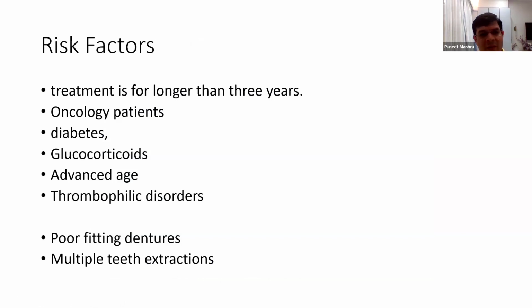Now, who are the typical patients who are at risk of getting this osteonecrosis of the jaw? It includes patients who are on treatment for longer than 3 years, oncological patients, diabetic patients, patients on steroids, and patients who have multiple poor-fitting dentures, and if they're going to have multiple teeth extractions. So if the patient is going to have cavities filled or just root canals, there is no problem. The issue comes only when they're going to have extractions, and that is when we have to be a little